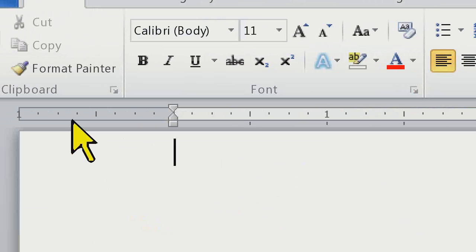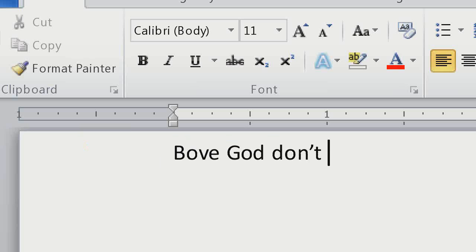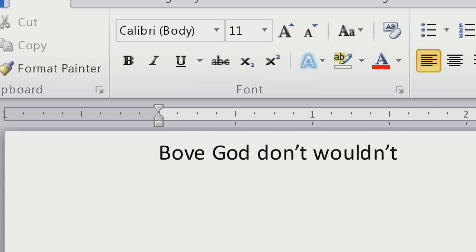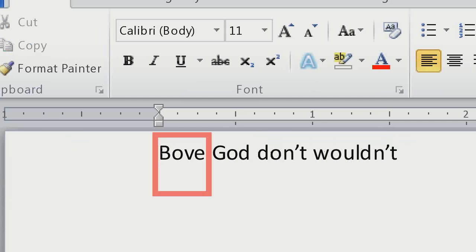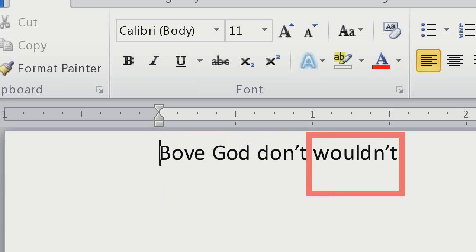That's speech enabled. So now we've made those changes, so I'll just type some of those words in so you can hear that it actually changed them. Bovie. Okay, so you can hear that that was pronounced correctly as if there was a Y on the end of it. God. Don T. Oops. I don't know why it's saying T, but after the T, you have the reader read it, don't, or use say the whole line. Bovie God don't wouldn't. End of document. It's kind of a strange sentence, but